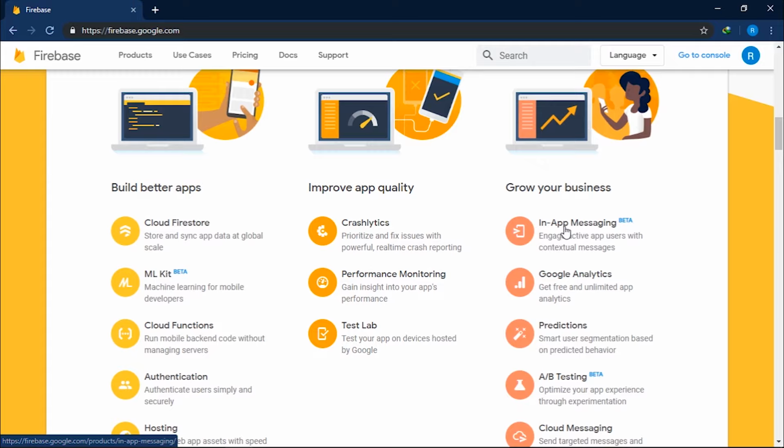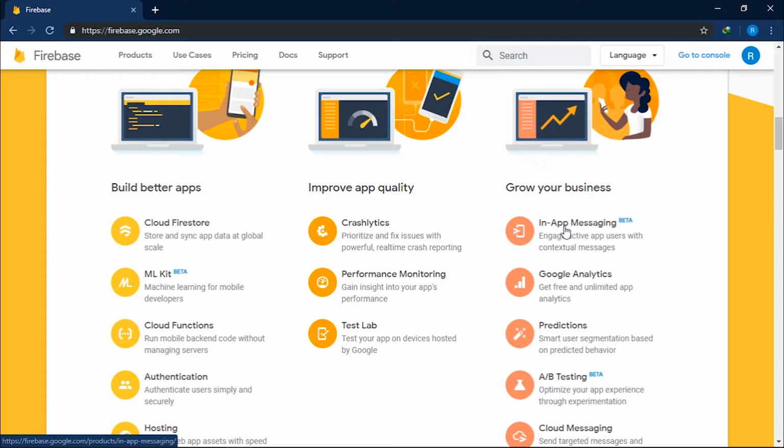Let's say that you have introduced a new service for premium users and want to notify them whenever they open their apps. For that, you can create banners, for example, like ads are used in other services. You can create banners which will be interactive, and these will be provided as messages inside the application itself. And for that engagement, you have in-app messaging.